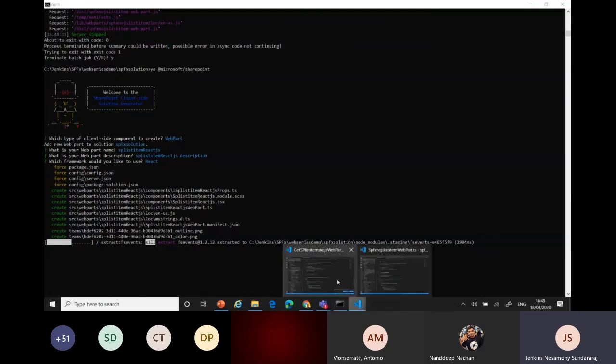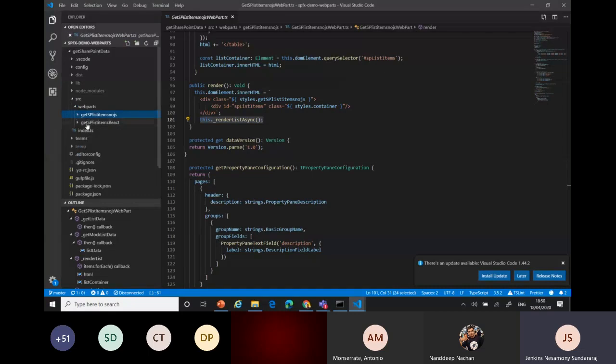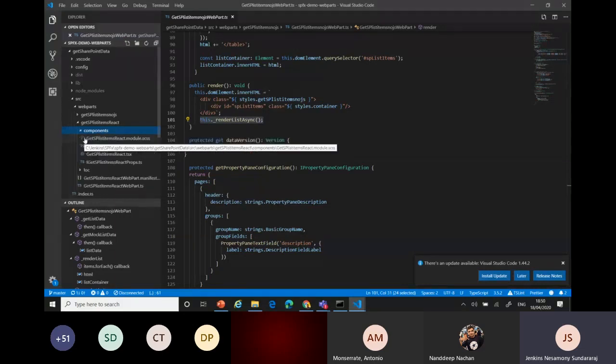It's creating anyway. I'll show the code. Here you can see that if you have multiple web parts, you can see them like that. I have one web part in Node.js and the second one is React. React always comes with one more folder for components, because in React you can create all the component objects from there. Tomorrow in this class, Srikanth is going to show you in detail about React. Siddharth will explain how to start from React using SPFx. Because of time, I'll show you quickly with the code.